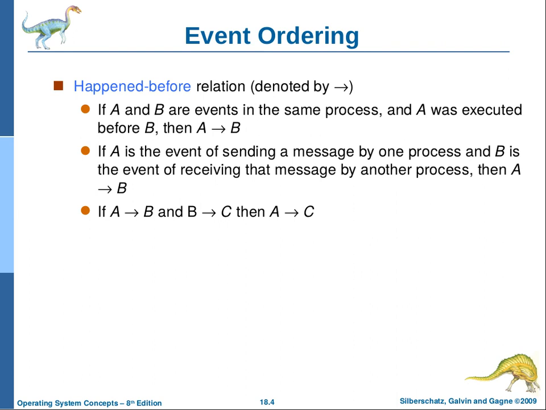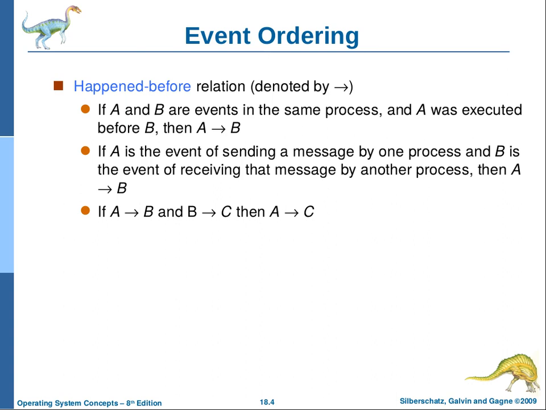So what the book does in order to try and simplify the explanation of distributed coordination is they first decide to define this arrow property. It happened before. Namely, if A and B are events and A was executed before B, then they're just going to say A happened before B. This is just a notation to help simplify the explanation of a lot of different features that we're going to come up with. Also, an important note, it is transitive. So if A happened before B and B happened before C, therefore,